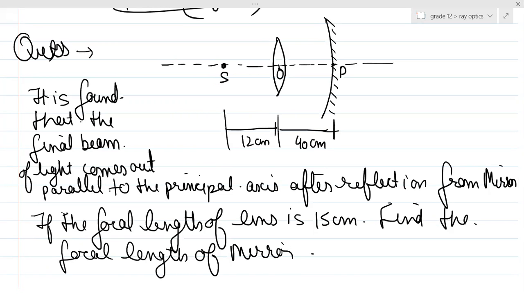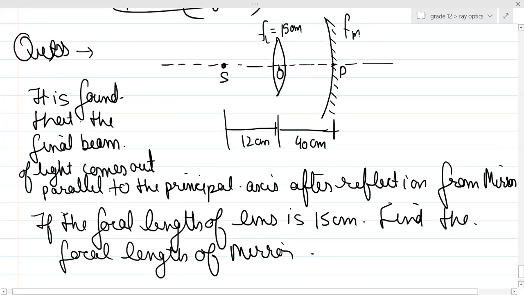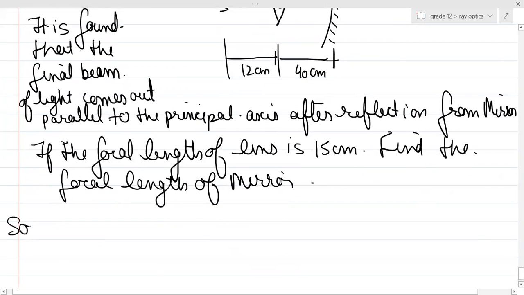Yes, guys, how will you do this? They have given the focal length of the lens as 15 centimeter. Then they have asked what is the focal length of the mirror. That is the question. Sir, how will we do this question? It is very easy. Whenever two or more optical instruments are involved, first of all, for the lens,